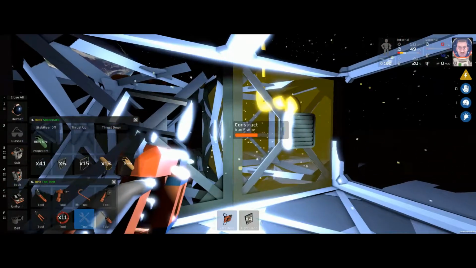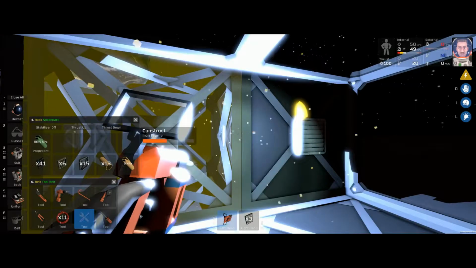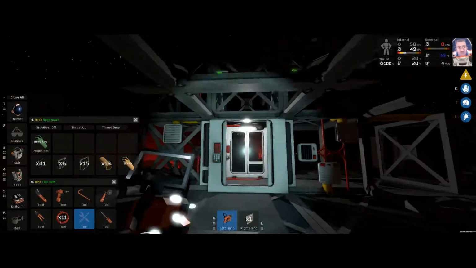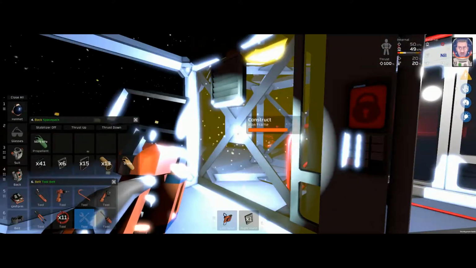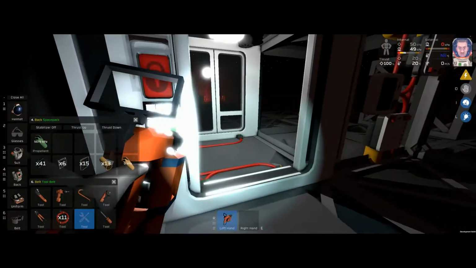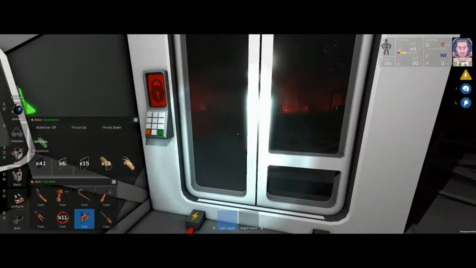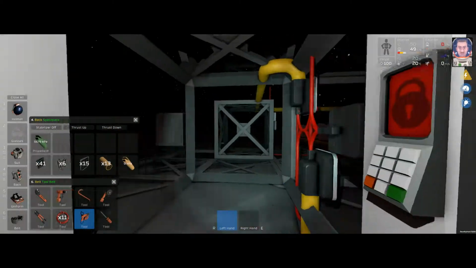So let's seal this up. We're not going to have enough. All right, let's seal this one up. And that's all we have. So let's go make some more frames. We can test our cycle 2 exterior. Yeah, that guy needs 2 right there. And we've got to do the floor and the...